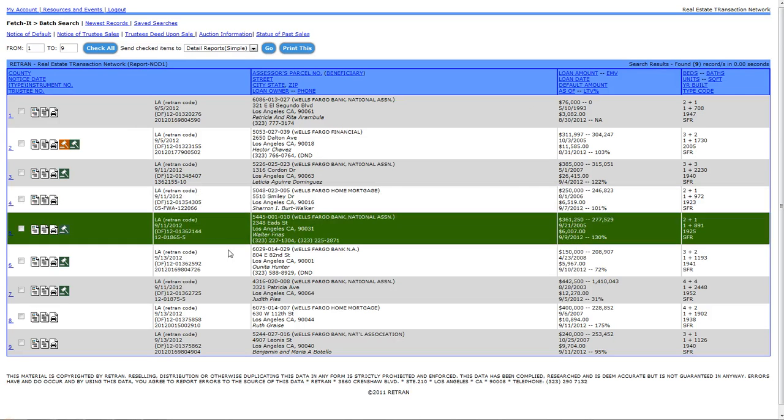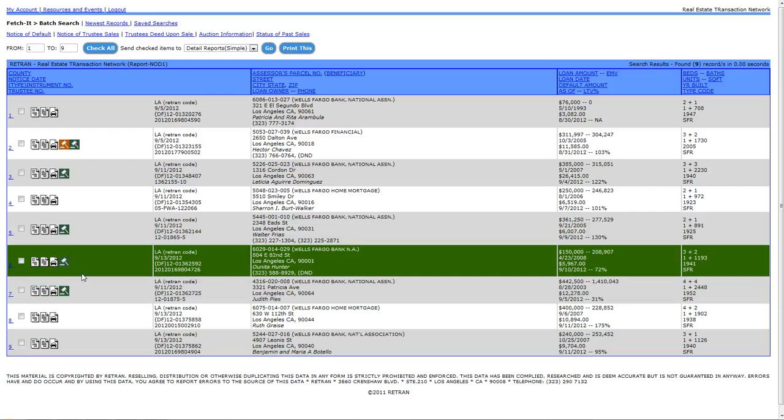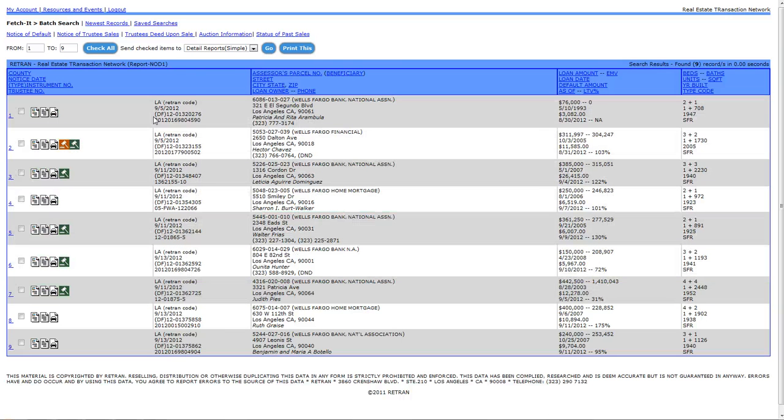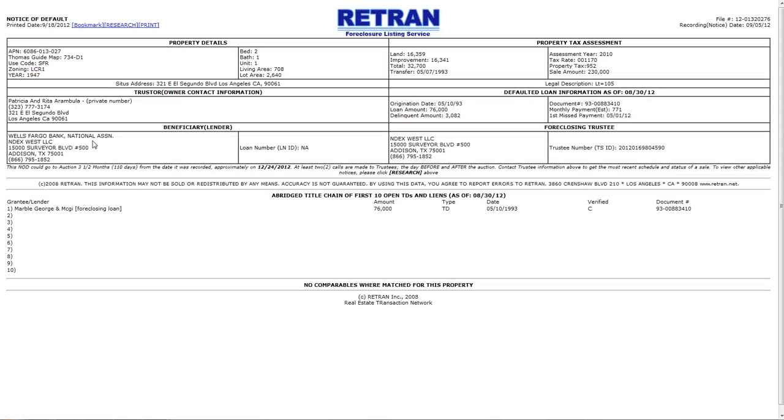Now I'm going to show you something that can present this information in a much easier to view format. For example, let's say we take our first record and you want to see a little more depth into this information. All you do is click the checkbox. Let's go ahead and click that number 1 there. And what's going to happen is it's going to pull up a page like this, which is called the detail